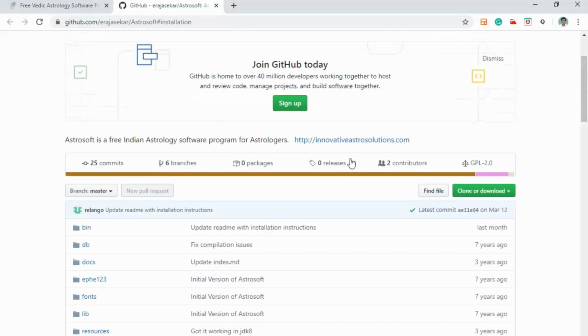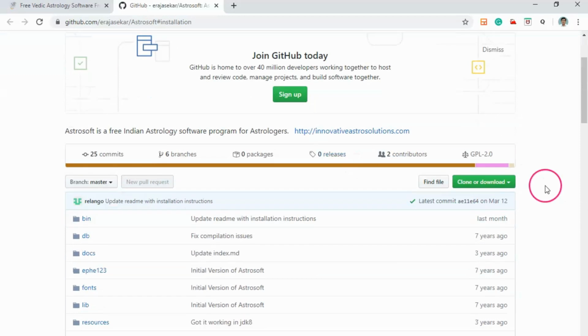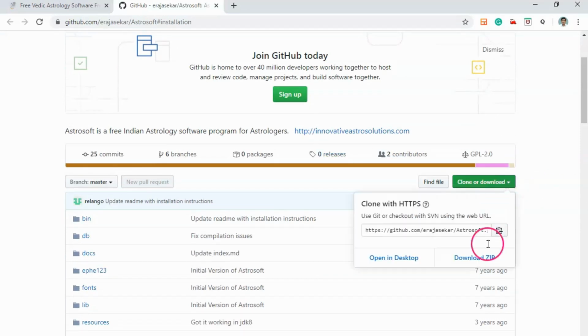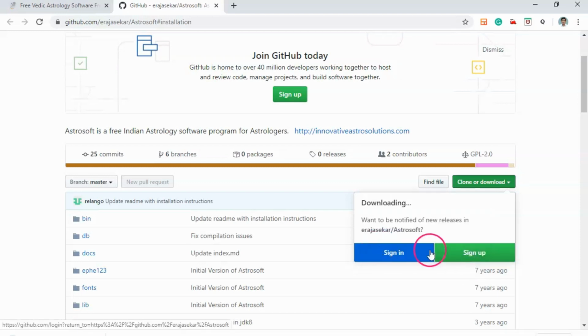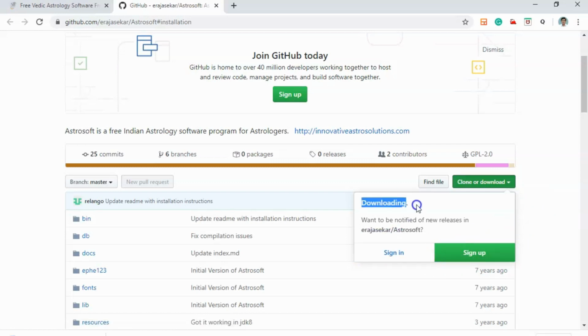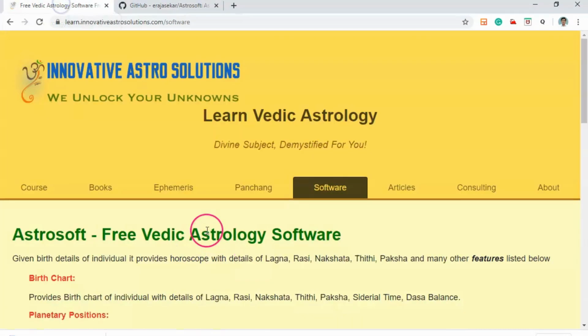Now this download page will appear. So in that, click on this green button, clone or download. So click on this download zip button. It may ask for sign in, but nothing is required. It should have already started downloading. So it may take a few seconds. Meanwhile, we go to the ephemeris tab